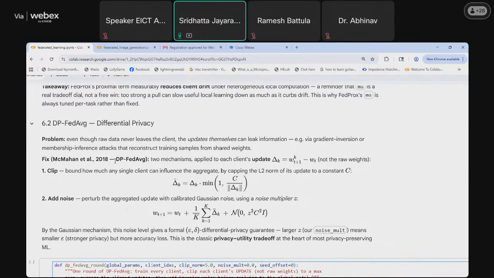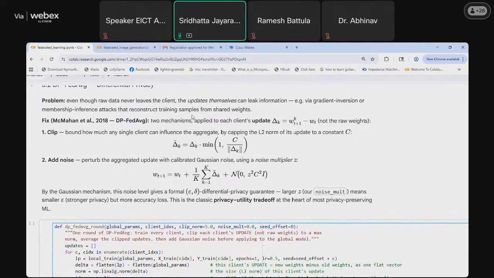When training happens across the clients and the weights are shared to the server, can this update leak information? There are methods such as gradient inversion or membership inference, which can leak information to the server about what kind of data the client has. So it's trying to address the privacy of the data in the clients.